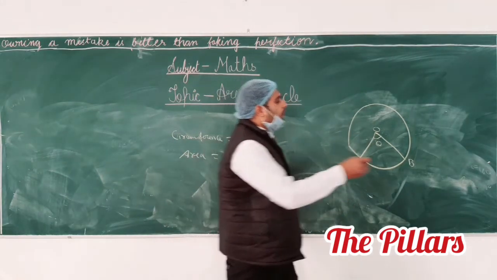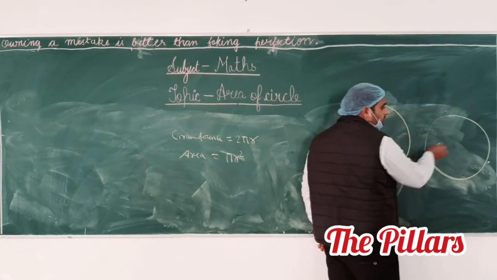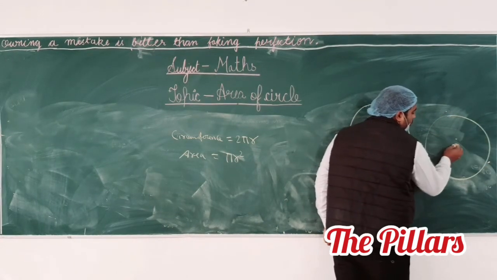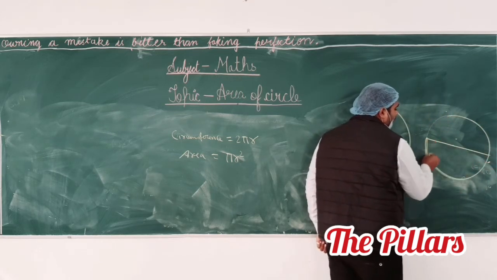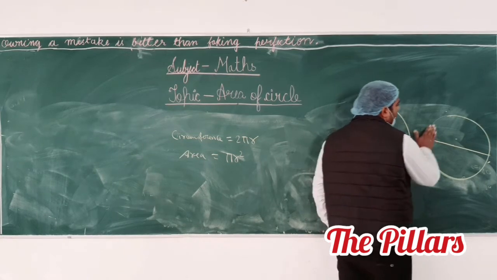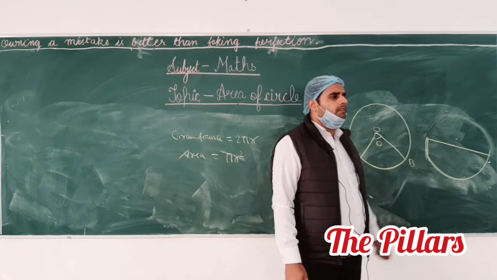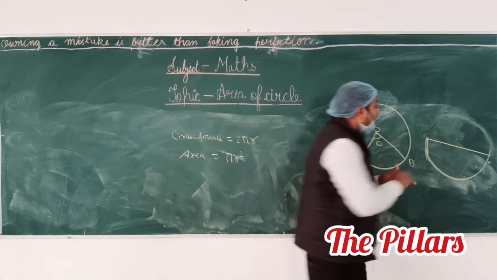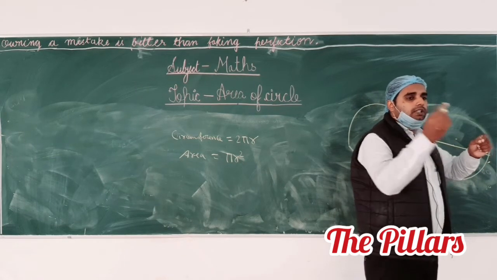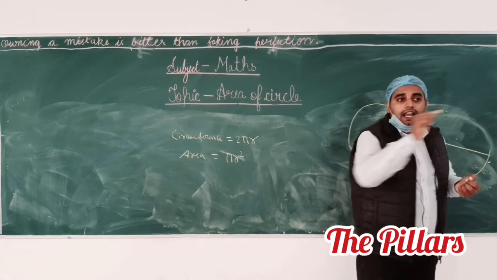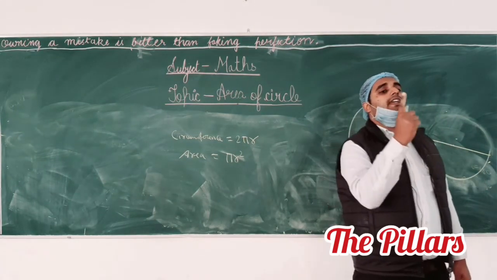Suppose we want to discuss the circumference of the semicircle. Suppose this is your center, this is your diameter. We want to discuss the circumference of the semicircle, so we have to erase this part. Now what is the circumference of the semicircle? Pi r plus 2r. Whenever it is a circle we have no diameter line, but whenever you discuss a semicircle, we cut it and there is a line. Whenever we cut a two-dimensional object, we find a line.